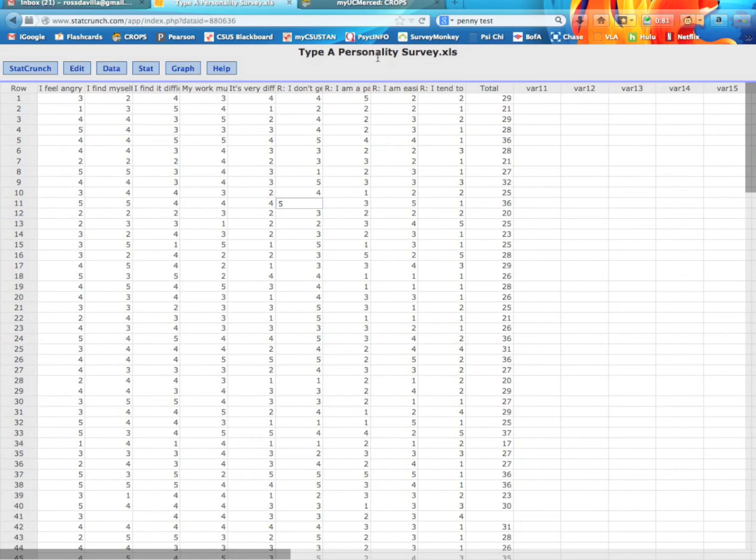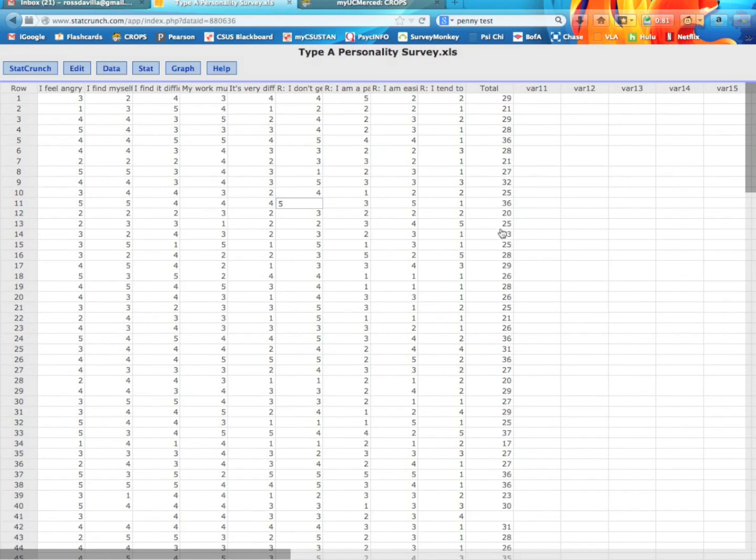So basically what we've done so far is we've created reverse scored items. Of course, these are the last 4 here. We've done the split half reliability. We've done the Cronbach's alpha reliability. So now what we can do is figure out the mean and standard deviation for our total scale. Instead of creating a total of all the items, we're going to create an average of all the items. So that if someone scores a 5 out of 5 on the average, it means that they're the highest anyone could possibly be in type A personality according to this scale. And if they scored a 1 out of 5 on all of these, it means that they're the lowest they could possibly score on this scale.